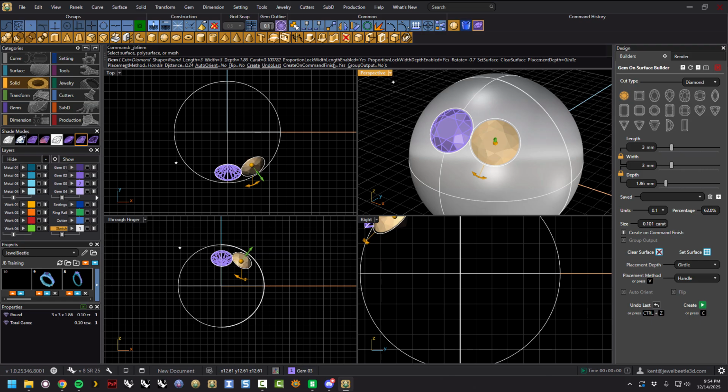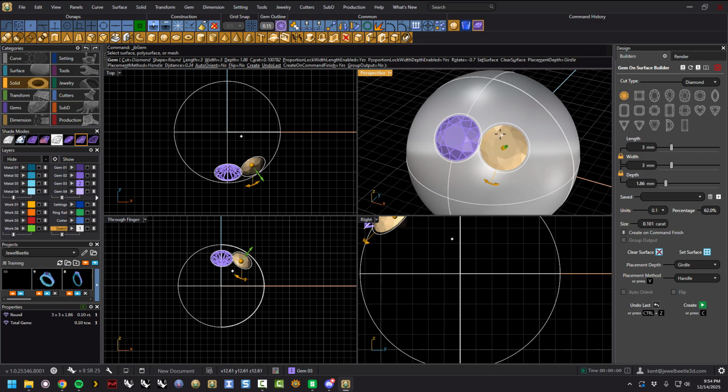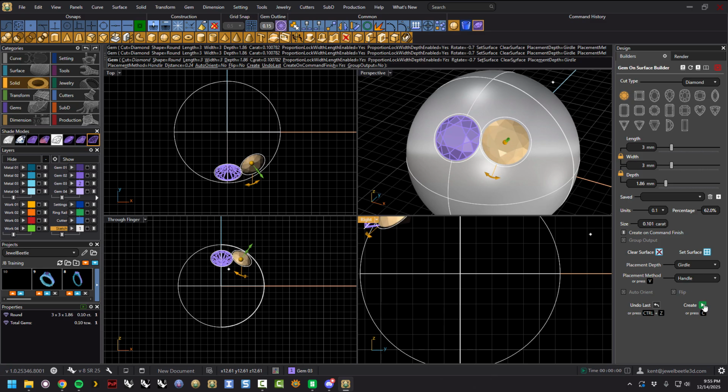So let's go 0.15, okay? And that got bigger. All right, so we're good to go. All right. Yeah, don't hit enter. Okay, so now there's girdle. Now, if you're going to do a lot of gems, then moving the handle and then pressing create,